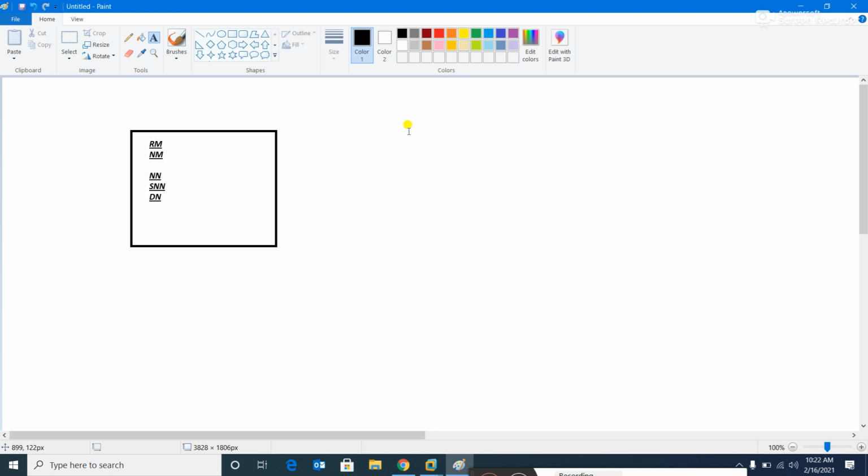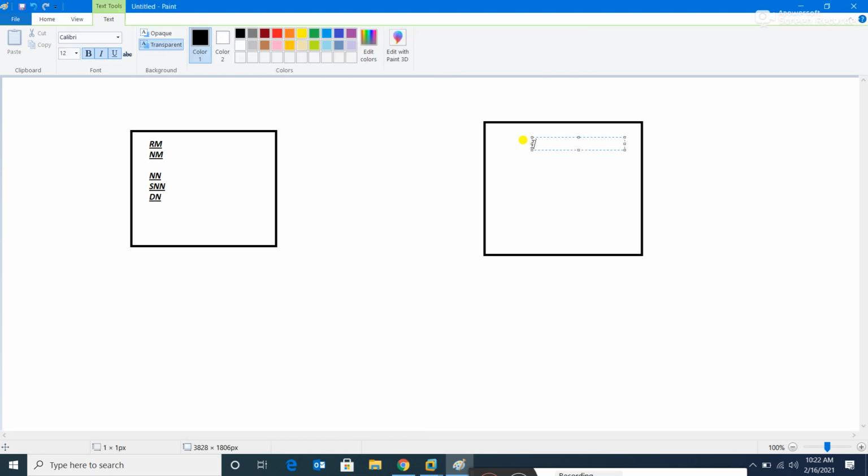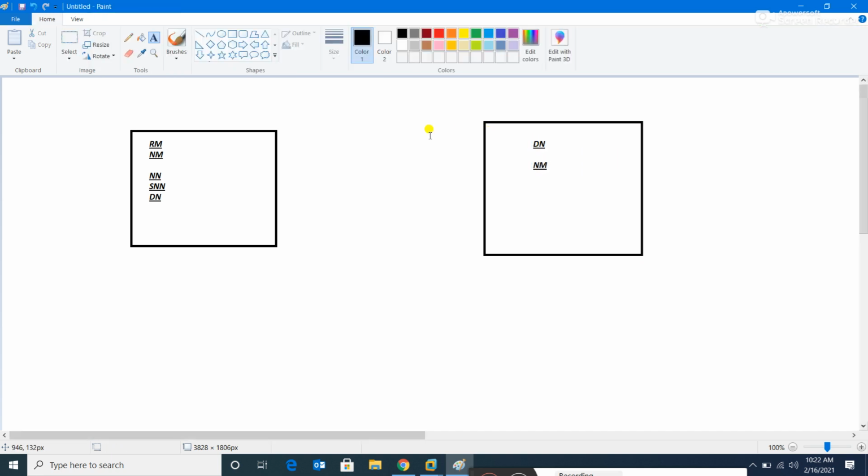Now what you need to do is add a slave, because your master services are already here. If your master services are already in one machine, you need not have two masters running. So you need to set up one more instance of CentOS, and this instance of CentOS will have only your data node and node manager. Only these two things should be there.